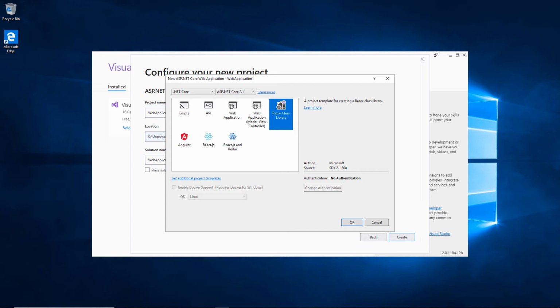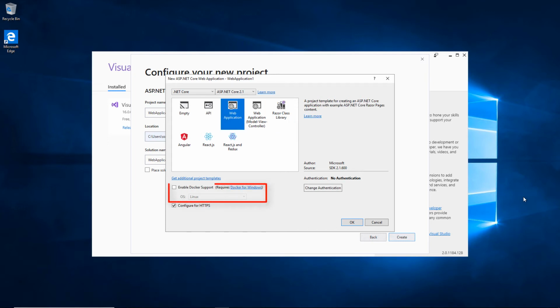Looking at the standard web application template, notice that I can add support for Docker containers to my project just by clicking a checkbox. I can also add authentication to the application. Clicking the Change Authentication button